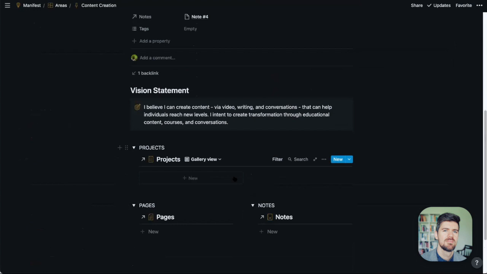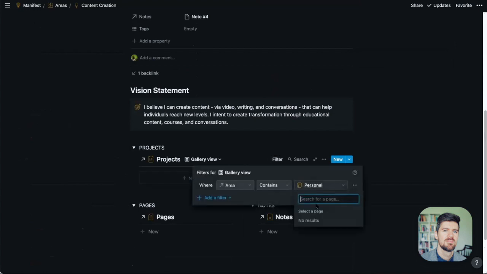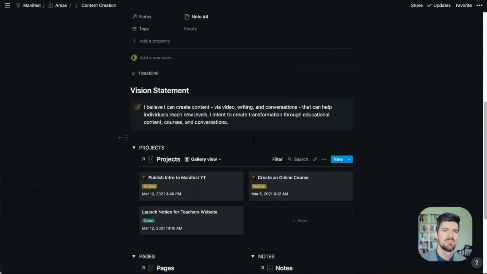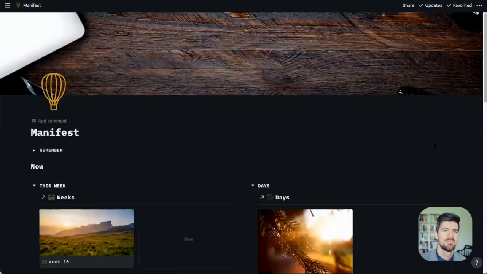So within content creation, we would do the same thing, filter this by area, and then these 3 projects pop up and are visible, and we would probably keep this filter on unless we're creating additional views. Maybe you want a Kanban view or just a list view if it's more simplified. And that's roughly about it.